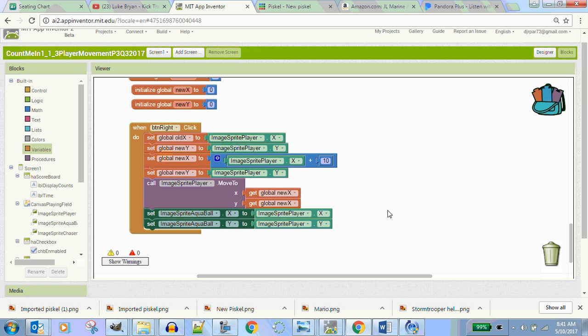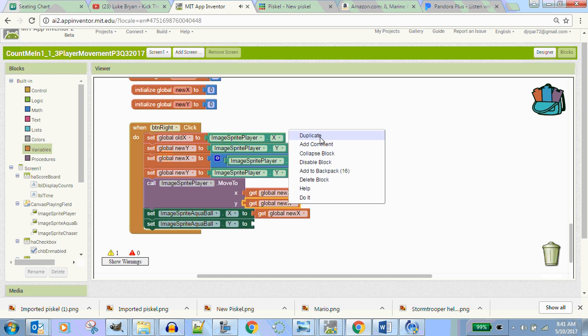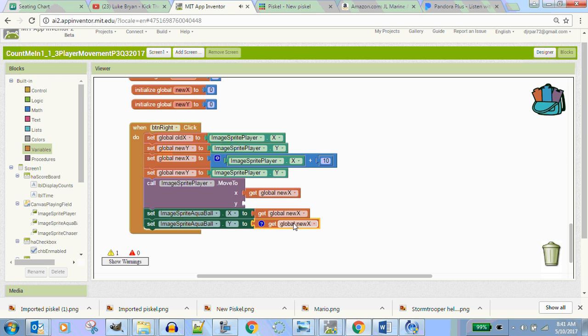So now you can just tell your other sprite, right? And by the way, this guy needs to go to new x and new y also. And I did that wrong, because that has to be a y. Okay. So this ball is going to move to that with it. And then